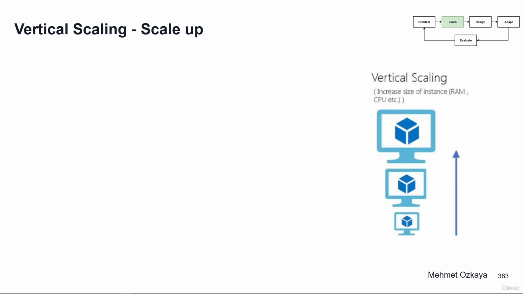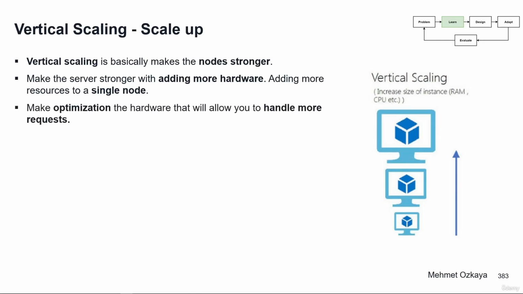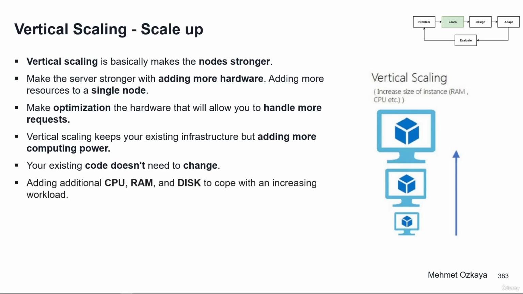So what is vertical scaling? Vertical scaling basically makes the nodes stronger. So if you have one server, make the server stronger by adding more hardware. That means optimizing the hardware so that it will allow you to handle more requests. Vertical scaling keeps your existing infrastructure but adds more computing power. Your existing code doesn't need to change. You simply need to run the same code on machines with better specifications. Vertical scaling means adding more resources to a single node, adding additional CPU, RAM and disk to cope